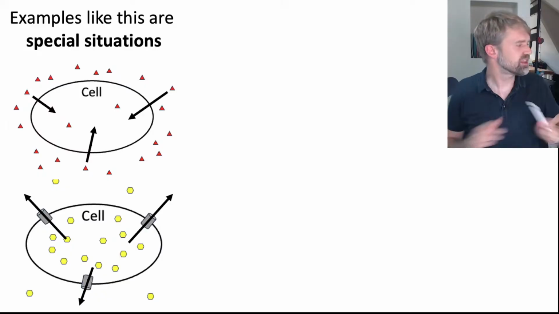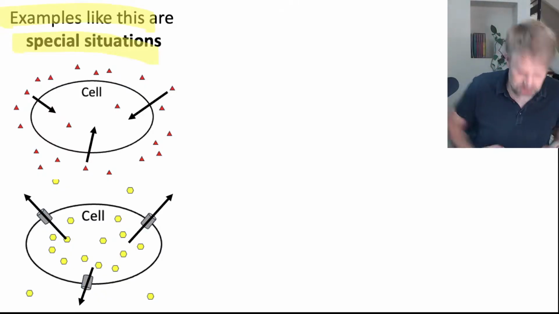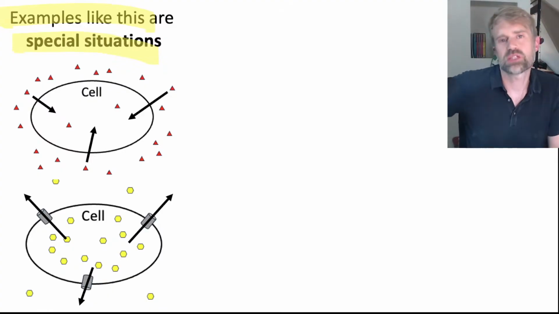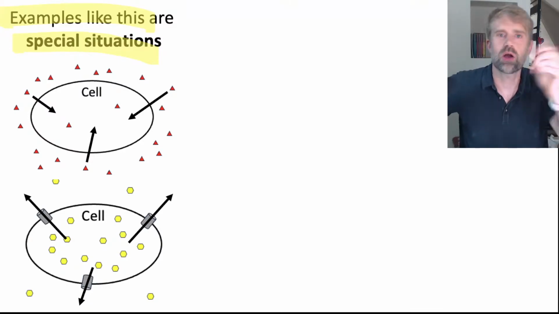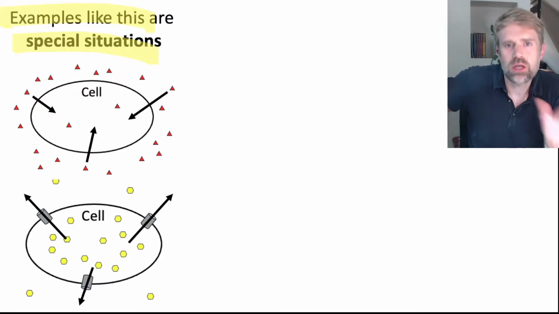We looked at lots of examples of solute being able to pass through a cell membrane in and out of it. But the thing is, examples like this are special situations. You got to learn about them because they are important. It's important for cells to get nutrients in. It's important for cells to get waste out. It's important for oxygen and carbon dioxide to move in and out of cells. But they are special situations. They're actually not the norm. The norm is